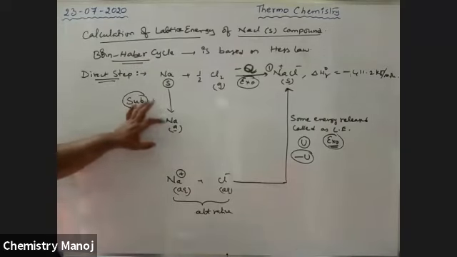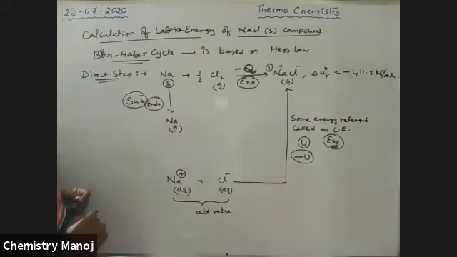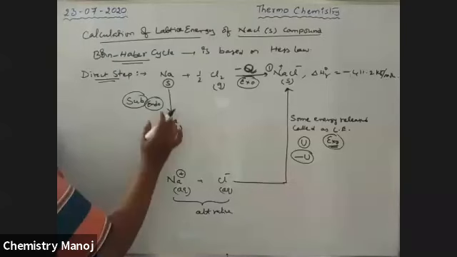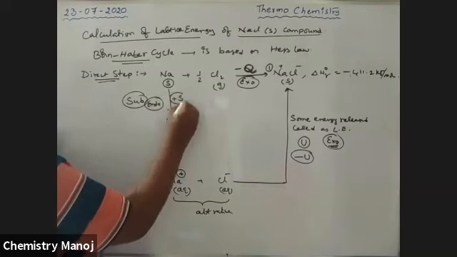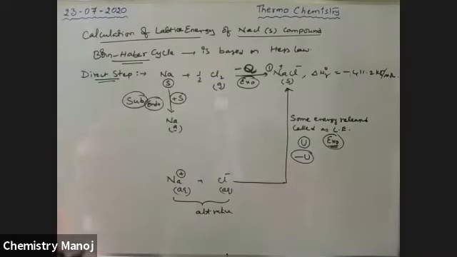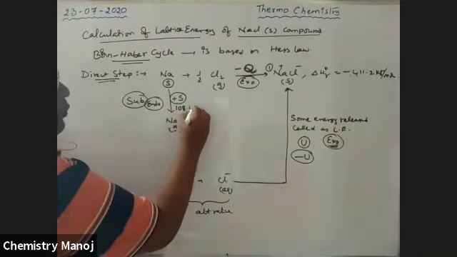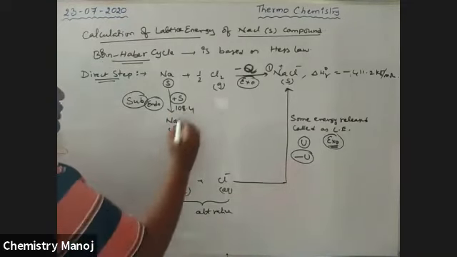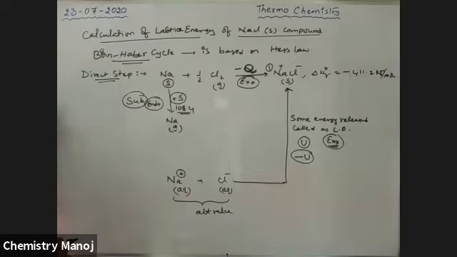Yesterday I told you. That means it requires energy and it is an endothermic process. For this process, energy is required. That required energy is called sublimation energy, and it is taken as plus S. Plus means additional, absorbed energy. For sodium that energy is 108.4 kilojoule per mole. This is the sublimation energy for solid sodium converting directly into gaseous sodium. We should remember these values, my dear boys.